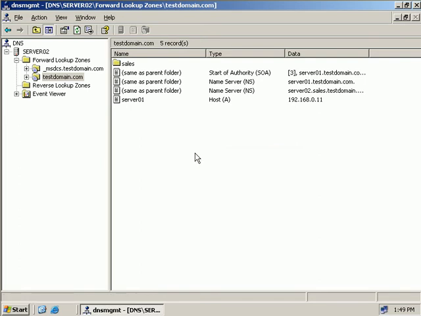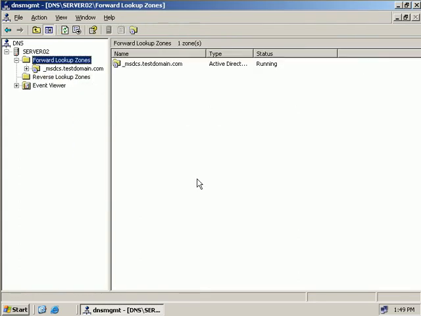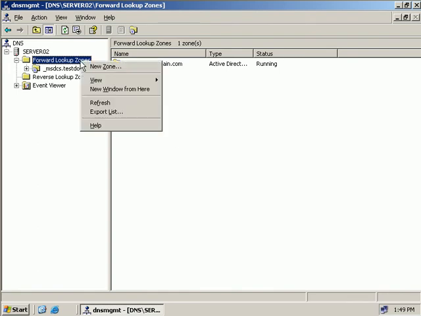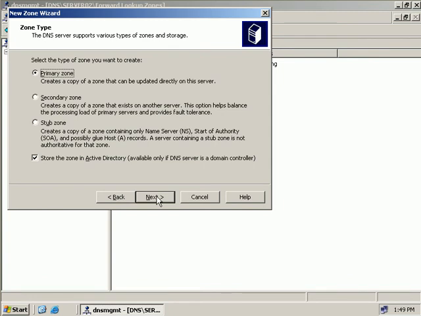Alright, now we've looked at primary zones and we've looked at secondary zones. So what I'm going to do is I'm going to delete my secondary zone I've created here, and then we're going to go and create a stub zone. So again, we'll right click on our forward lookup zone and we'll choose new zone. Again, it starts up the new zone wizard, and we've seen this multiple times now, so we'll run through this one pretty quickly. We'll choose a stub zone, we'll opt not to store it in Active Directory, and we'll choose